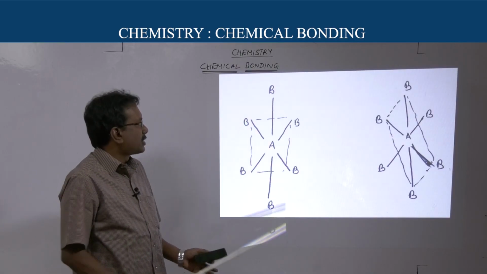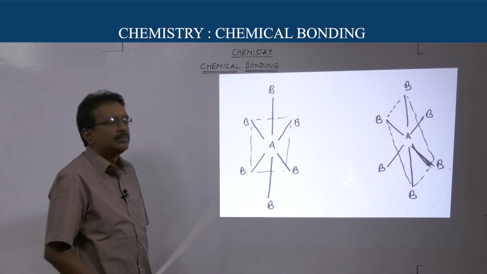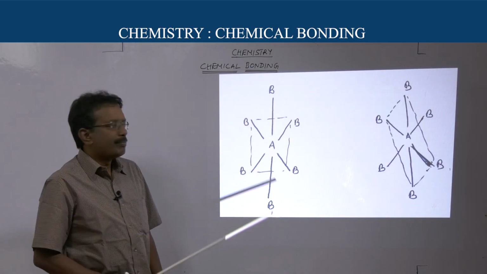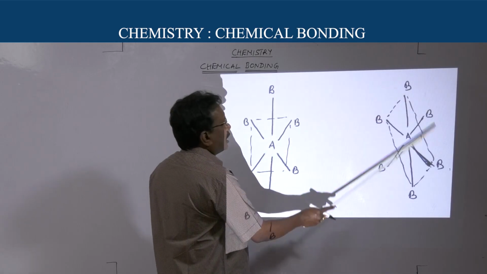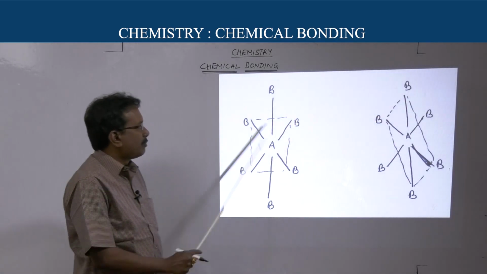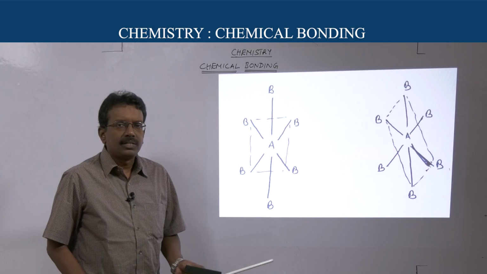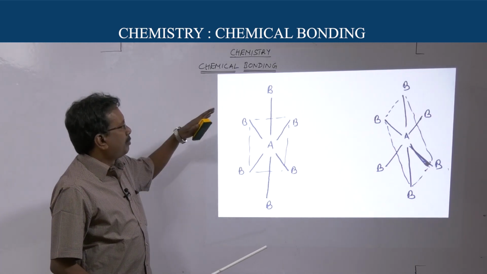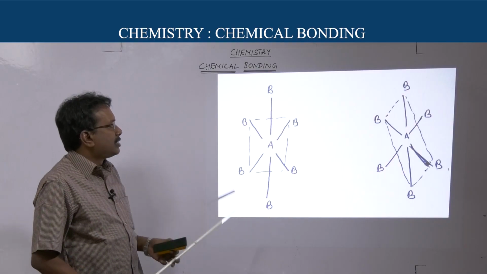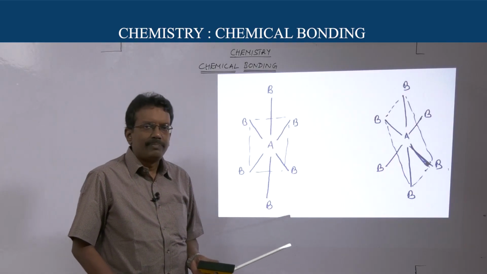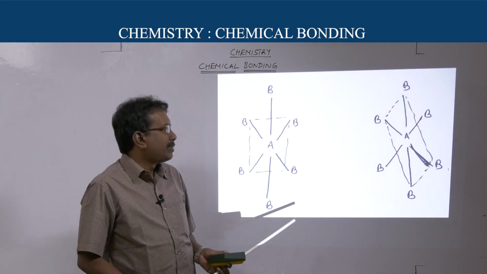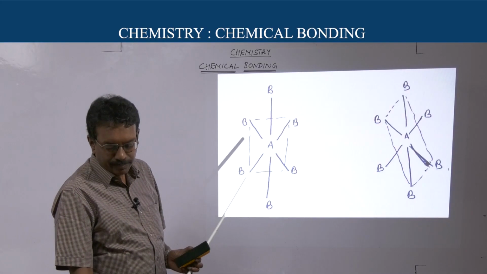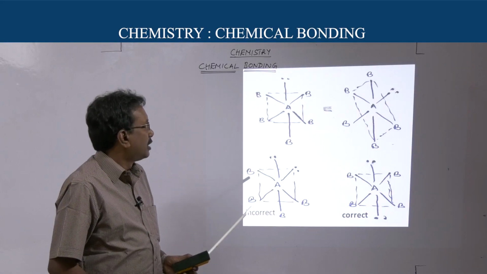In this octahedral structure, total 6 pairs are available. Here, like this, I arranged these 4 electron pairs. Here, I arranged 4 electron pairs like this. If you observe both these 2 structures are identical structures. One is square plane, above the plane and below the plane. That's why this structure is also called as square bipyramidal. So in this square bipyramidal structure or octahedral structure, what is the position of lone pairs? To explain that, observe these